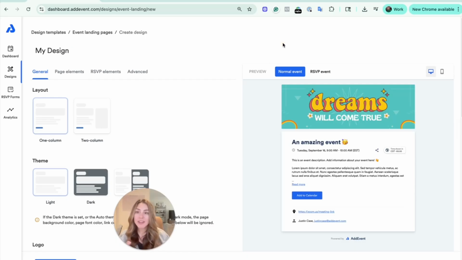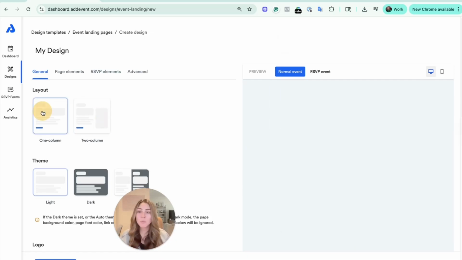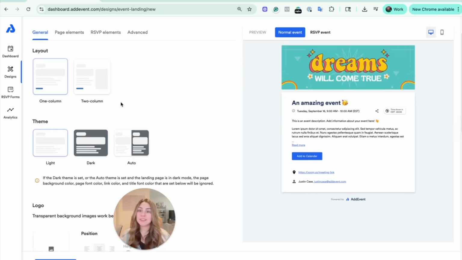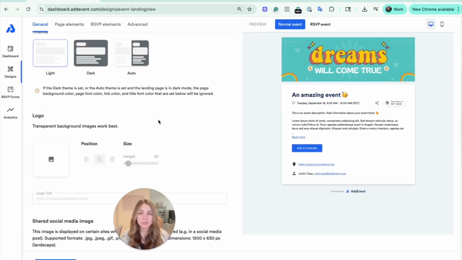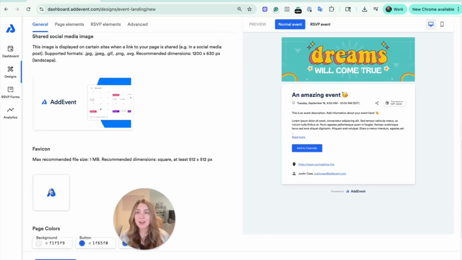And then on the left-hand side right here, you'll see there's a couple different options, things like layout, if we want to change it to 2-column as opposed to 1 column. We also have the light mode, dark mode themes. You can have it auto adjust, as well as the ability to add logos and favicons and then change your